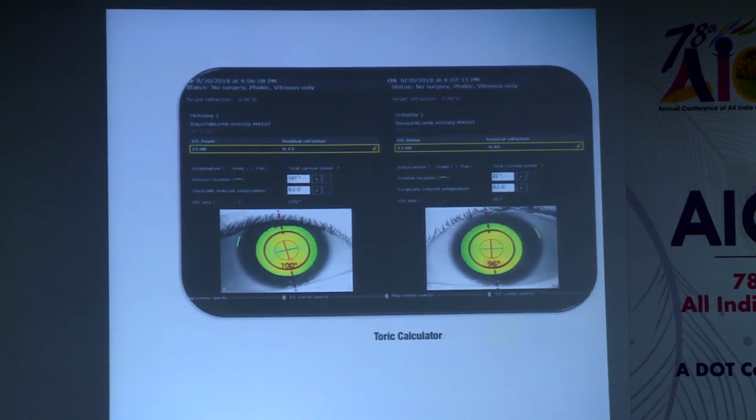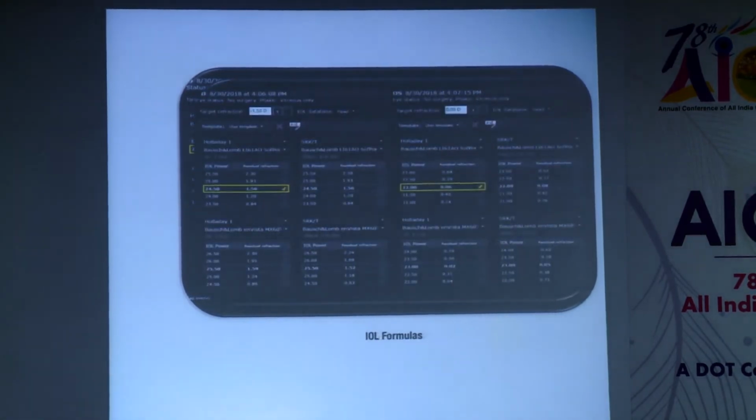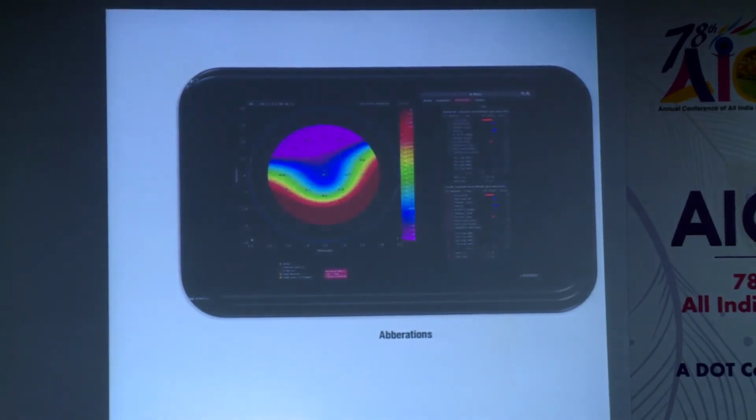We have the Barrett formula also that has got inbuilt into this system itself. It's one of the very few that has an inbuilt Barrett formula also. So these are the various IOL formulas that are there. The interface allows you to choose 4 at a time, but all the formulas are inbuilt. So whichever ones you want, you can choose, and the interface will give you those 4 formulas on the screen. As far as the aberrations go, it gives you in detail all the higher order and the lower order aberrations.